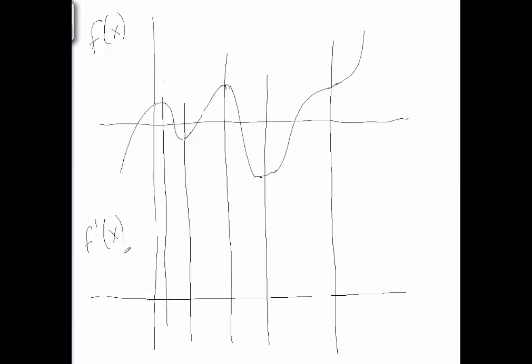So starting out here we have a relatively high positive slope, and then the graph comes down, we get to a slope of 0. Then we have a small negative slope, large negative slope, then the slope becomes smaller negative, gets to 0, and then the slope is positive again, or the function is increasing,